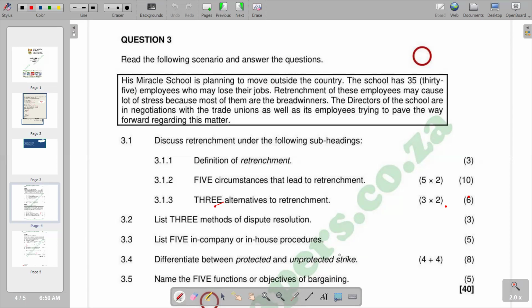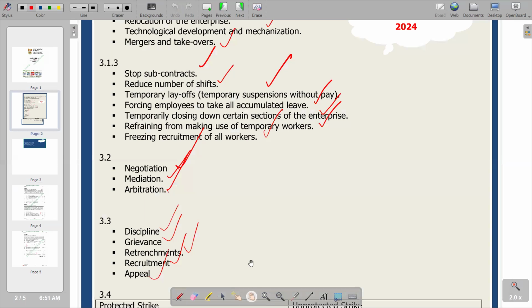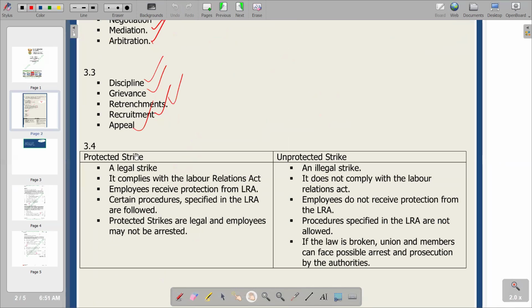So obviously, protected is a legal strike, and unprotected is an illegal one. It automatically means that the protected one involves authorization of trade unions, whereas under unprotected there is no trade union representing those workers that are going to strike. Those are the main differences that we can try to deduce. So we go to our other section and try to see those in terms of protected and unprotected. Protected, we are saying, is a legal strike, which is exactly as indicated, and it becomes an illegal strike when it's unprotected.